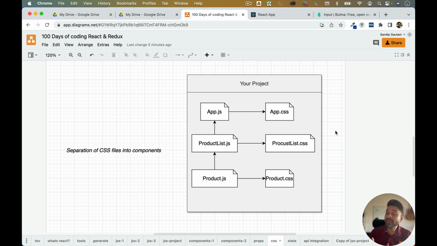Second approach, if you're writing your CSS entirely by yourself, then in that case, separation of CSS files into components. So your app.js is going to have its own app.css file. Product list is going to have its own productlist.css file. Sorry, the spelling is wrong, let me correct it. Product.js is going to have the